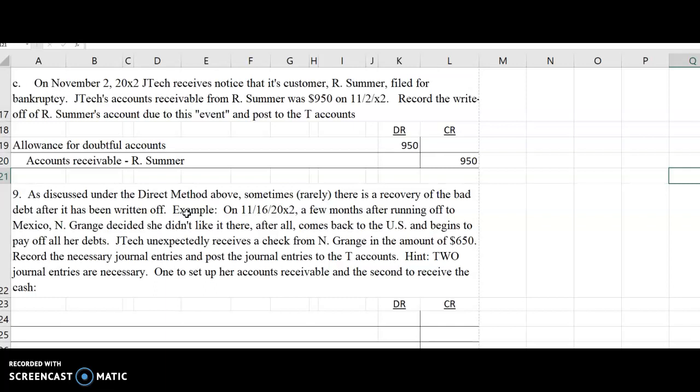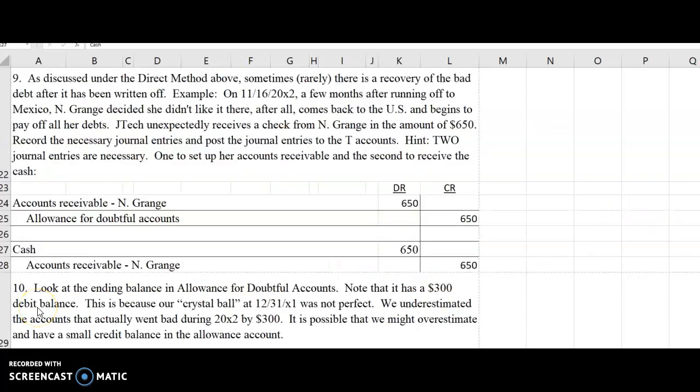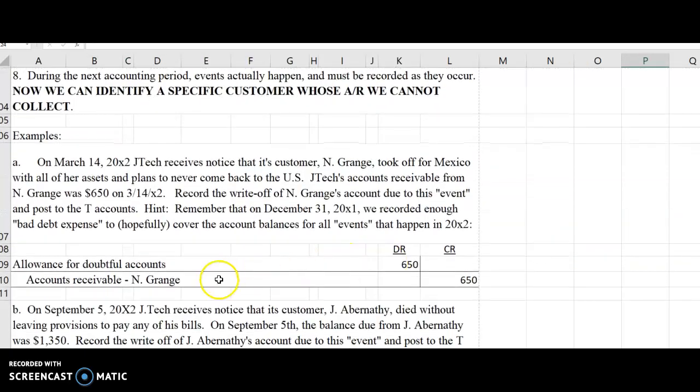Record the necessary journal entries and post the journal entries to the T account. Hence, two journal entries are necessary here. One to set up her accounts receivable again, and the second one to receive the cash. Go ahead and do that. The two journal entries required under the allowance method would be a debit to accounts receivable, N. Grange, $650, and a credit to allowance for doubtful accounts, $650,